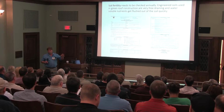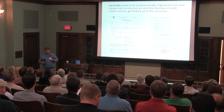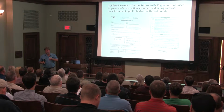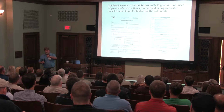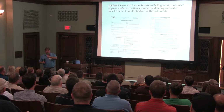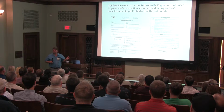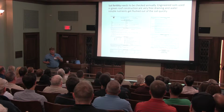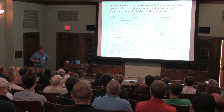The problem is the building has to be designed to carry such a heavy load that the cost of designing and building the building heavy enough to carry a native soil is much more expensive than buying a lightweight soil, even though lightweight soils are 3 times the expense of just using native earth. Okay. So in these lightweight soils, you've got nutrition issues,